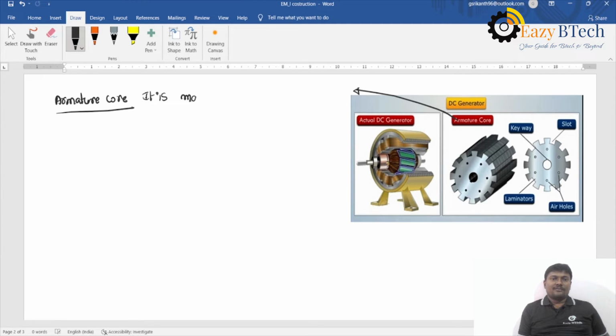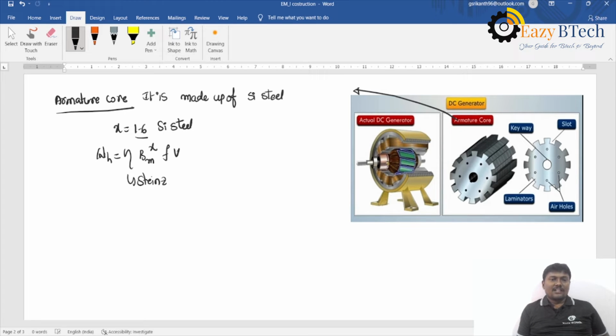Generally, the armature core is made up of silicon steel. Why are we using silicon steel? For silicon steel, the hysteresis coefficient is less, that is 1.6. The hysteresis loss is equal to eta Bmax^x f V, where eta is called the Steinmetz coefficient,